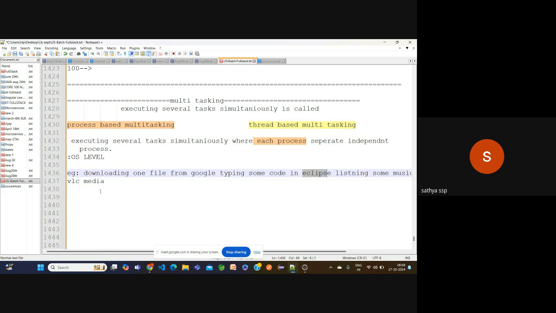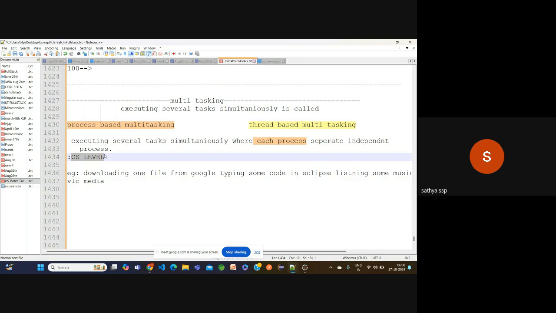Here we have three processes, simply three applications: Google, Eclipse, and VLC media player. Each application we can call a process. These three applications are running simultaneously, where each task is a separate independent process. These applications depend on the OS level only; they are all running on the OS.